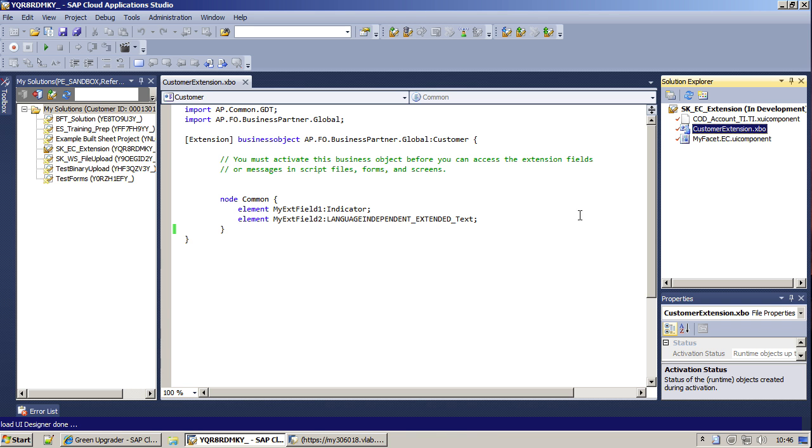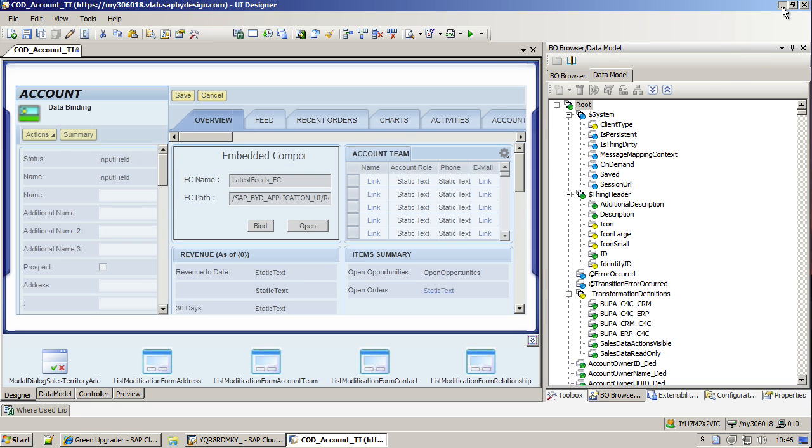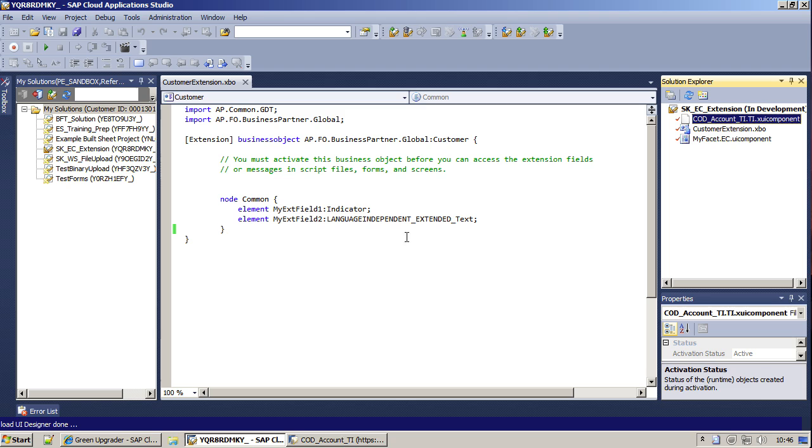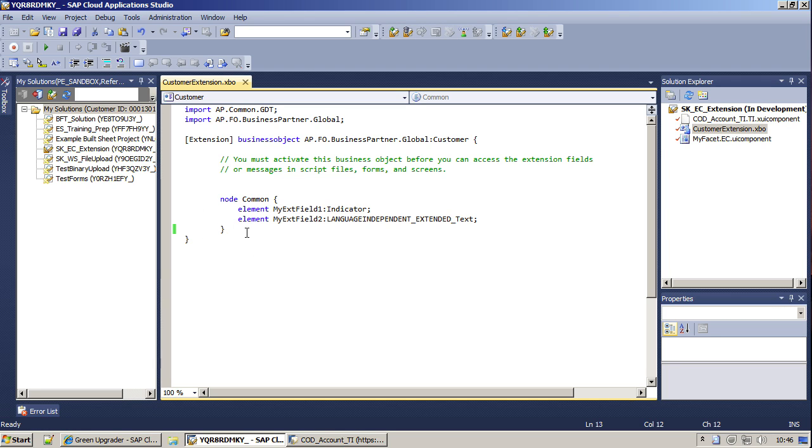Double click on it. It will load. It will take a bit as this screen is very big. I can use the time to explain some of the limitations here. If you use this approach with extension fields on a facet, you are limited to the possibilities of extensions, which means no additional nodes, no actions, but you have freedom on the facet itself. So the possibilities you have